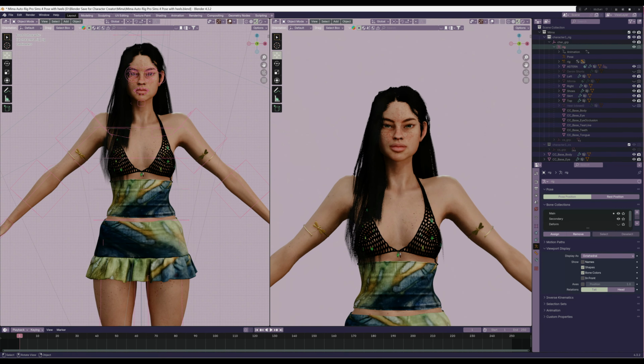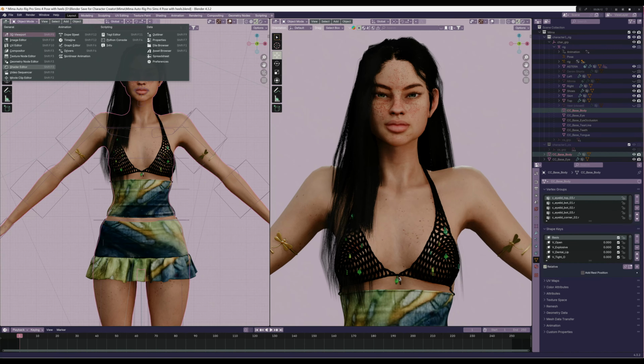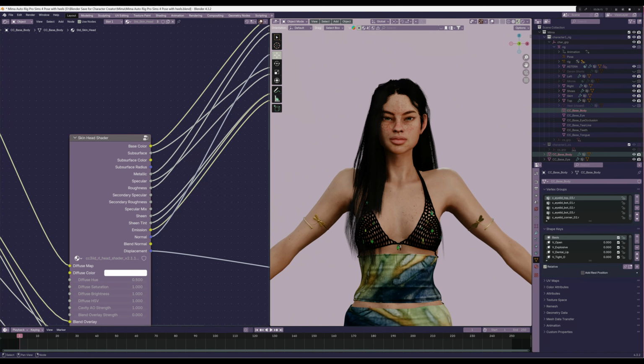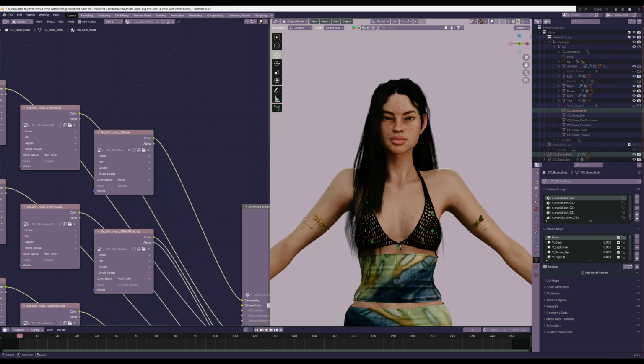But yeah, that's all there is to it. It's just that. If you're more advanced with Photoshop or Procreate, you can always take the skin. If you want to do more intricate tattoos, you can take the skin and export it into those programs and then add the tattoos there, and then you can change the skin. I don't know if you know how to change the skin, but if you click on body, you can go to shader editor, and then you would just change the diffuse, and then